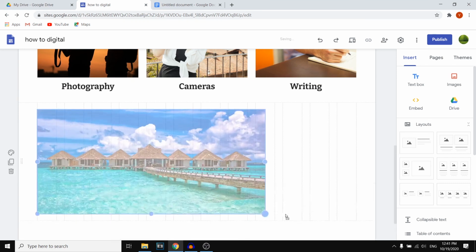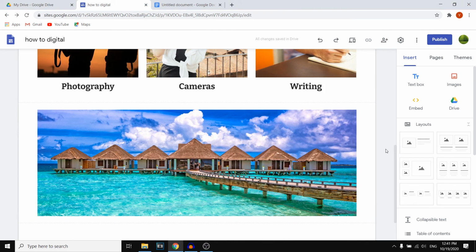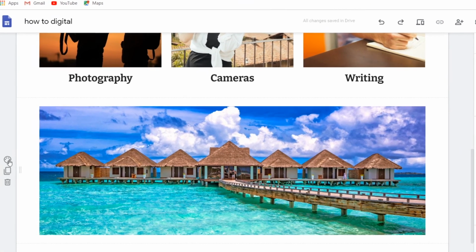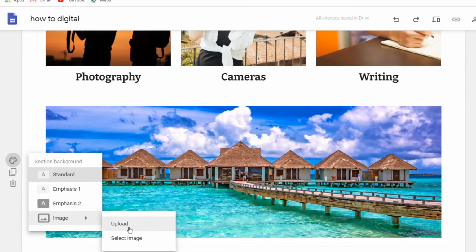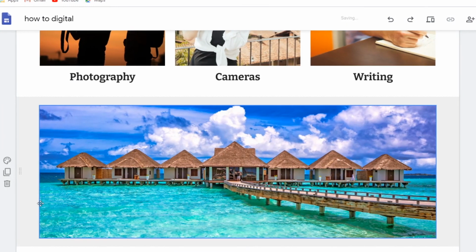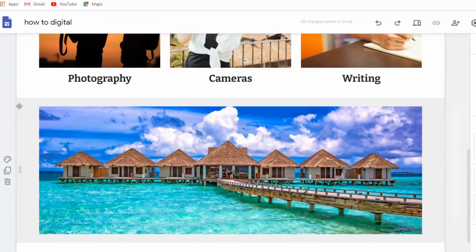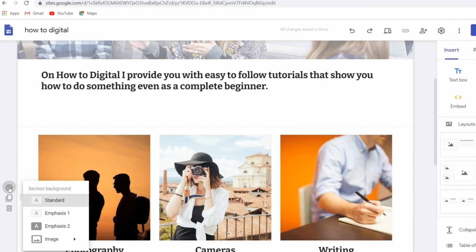You can make that bigger and smaller. For example, if I want to have this on my website, I then do that. It's all pretty simple, guys. Now you can also change the section backgrounds by clicking right there. And you can see you can even use images as the background. Let me just go with this. You can see that it slightly changes the color. You can do that with every section, by the way, by clicking over here.